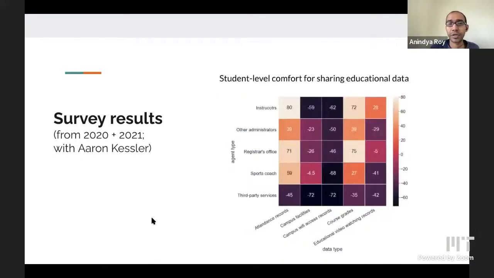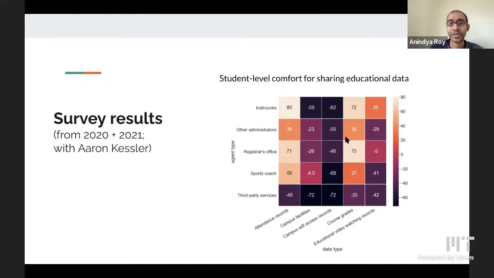We also asked about your level of comfort with sharing educational data with various campus entities and other educational entities. And we see some results which we can expect. For example, students are okay with sharing their attendance records with instructors, or sharing their course grades with the registrar's office. If you're not, I'm kind of curious what the other 25% thinks, but that's a separate question. If you think the registrar's office should not have your grade, then who would? But you can have some ambiguity in these responses, and that's part of it.